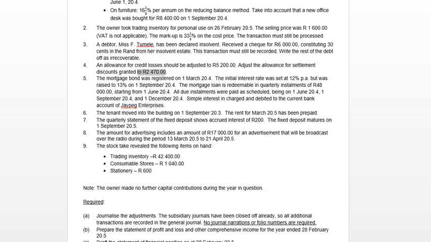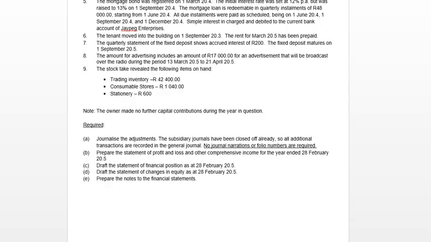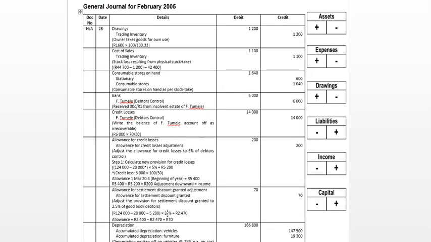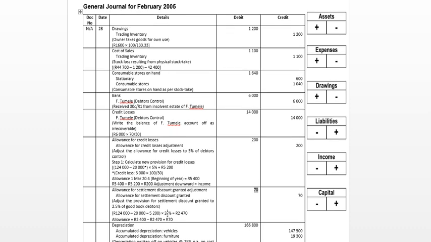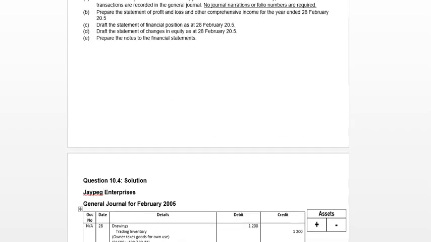So in other words, it will be an expense to you. And this expense will be 70 Rand because it's an upward adjustment from 2,400 Rand to 2,470 Rand. So if it's an expense, then we know we will debit that expense. So we're going to debit our allowance for settlement discount granted adjustment, that's going to be our expense account, and then our allowance for settlement discount granted will increase our negative asset, so we will credit that. Okay,